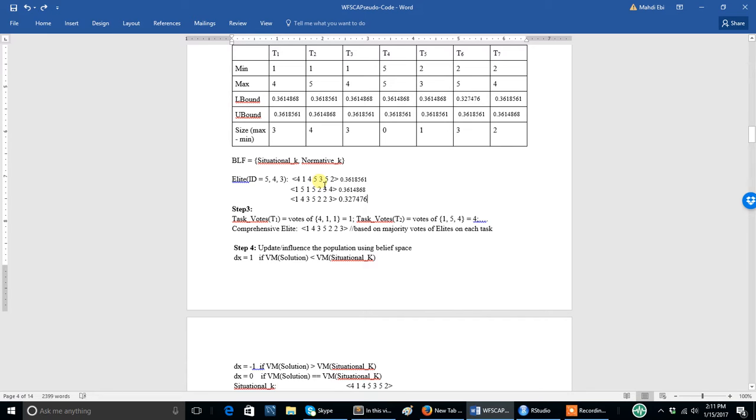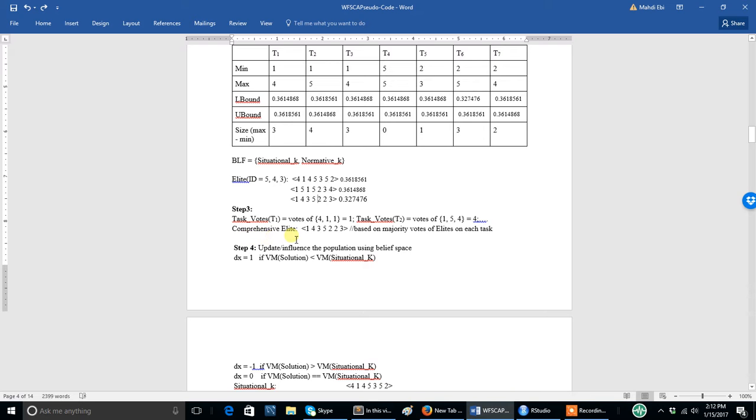For task 5, the votes of 3, 2, and 2 will be 2. Why? Because 2 is repeated twice, whereas 3 is repeated once. So the task vote is the vote of the machine that is repeated more. Once we have that for each task, we put them together and create